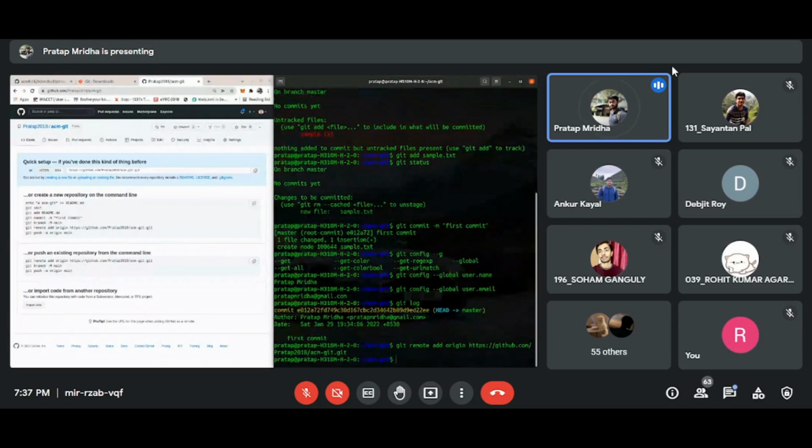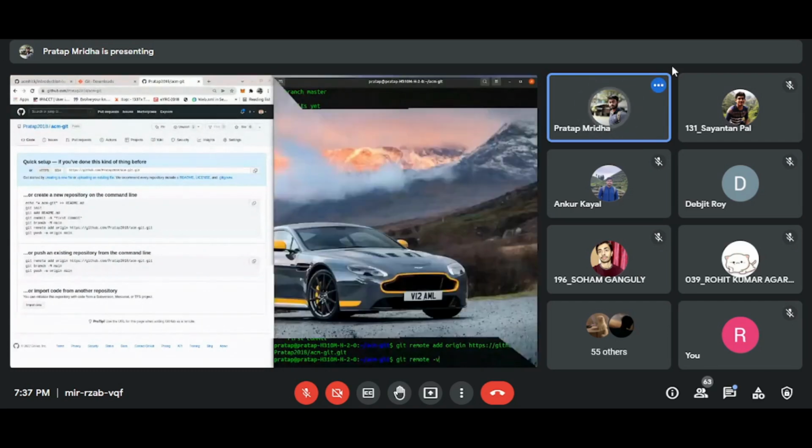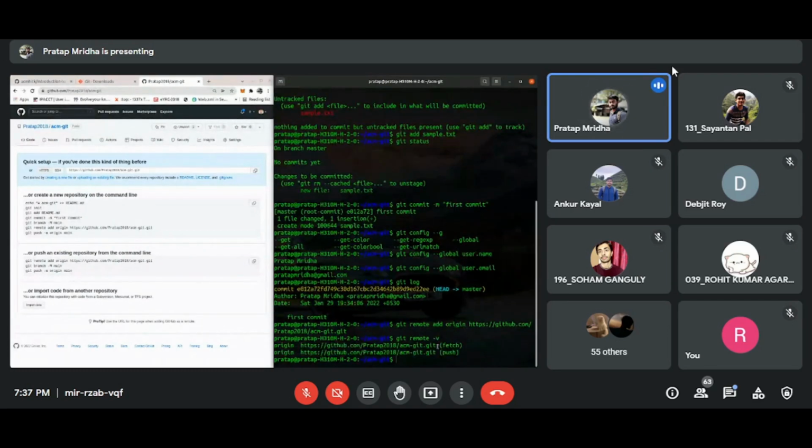So I have added this repository's link as the remote origin of my local repository. So my local repo now has basically two types of origin: one is local origin and another is remote origin. Now if you check git remote -v,